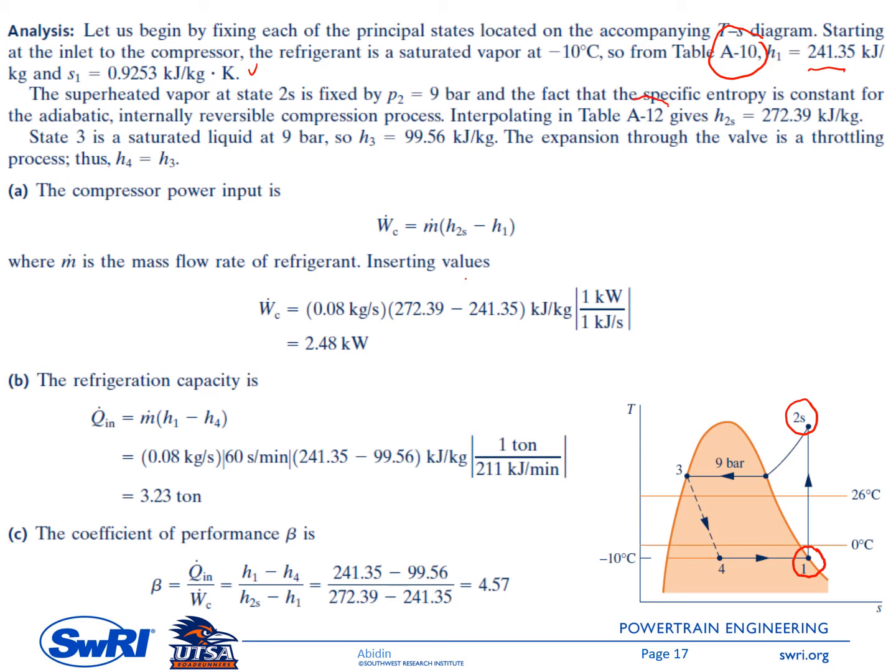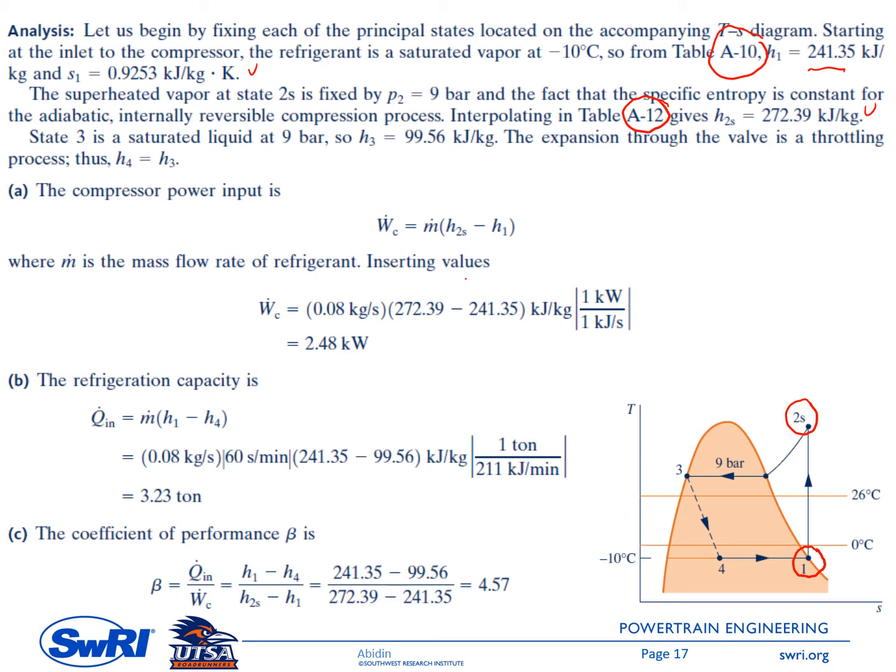In this case, you need to use table A12, so this is a superheated condition for R134A. But it looks like you need to do only one interpolation. You can check whether the data at 9 bar is available. If it does, then you only need to do a single interpolation, otherwise you need to do a double interpolation. Once you complete the interpolation process, you will get H2S of